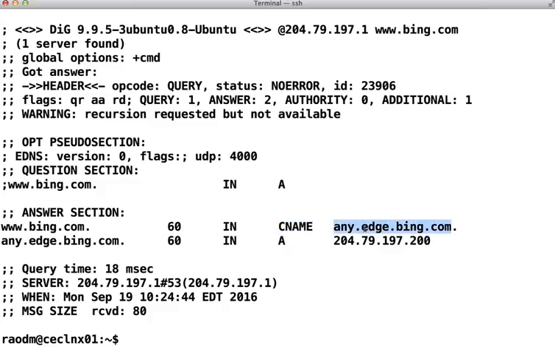any.edge.bing.com. So now we look up the IP address of any.edge.bing.com, which is 204.79.197.200, and that's the IP address for www.bing.com. This IP address is typically cached or saved on the local host for several hours so that any further